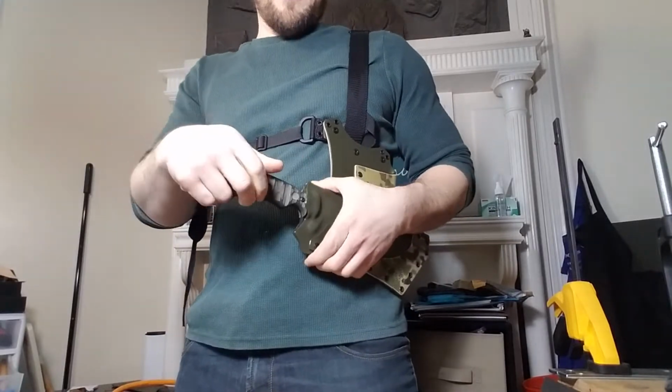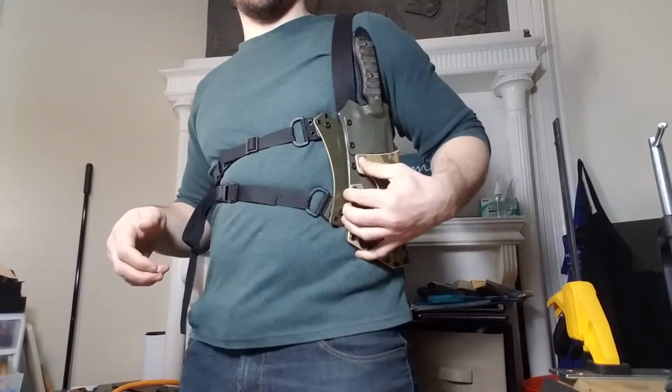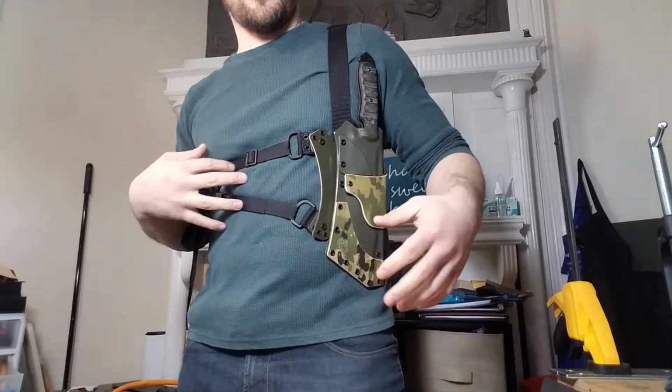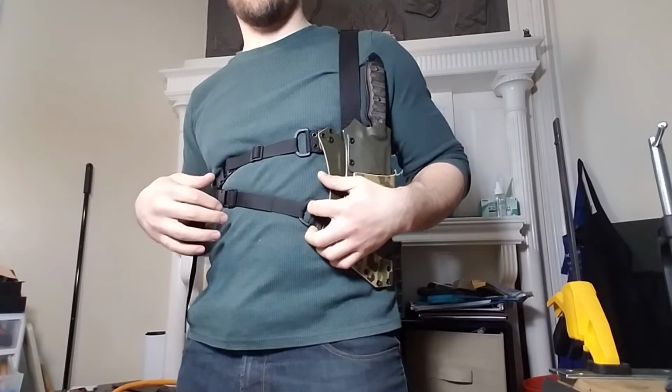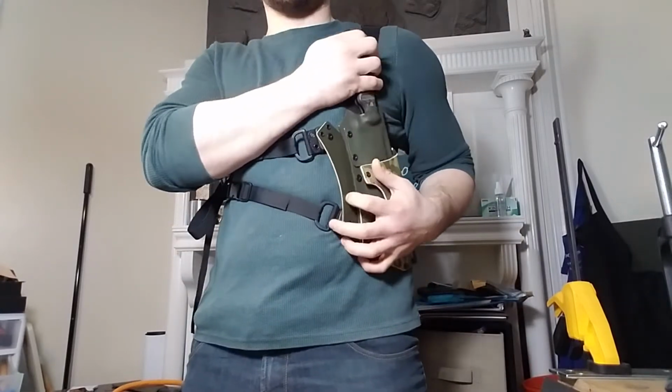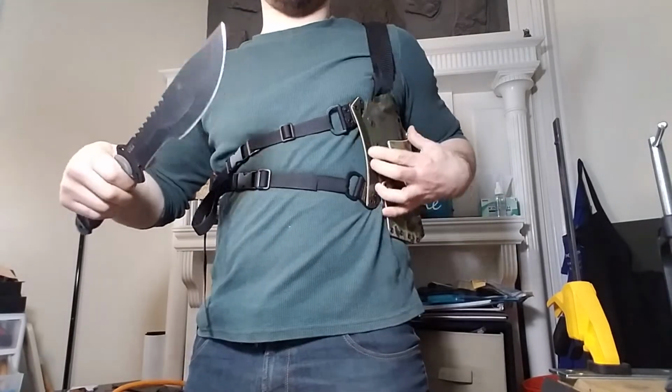So that's what we got for you. So anyway, this sheath, this is the first time I've ever done a harness setup like this, and I have another one coming down the pike soon that's going to be diagonal across your chest. So it'll be set up like this,